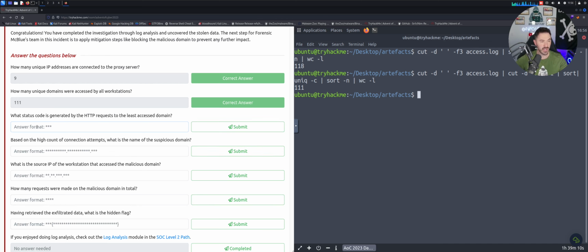let's go ahead and just take all this out. Let me see. So least access domain. So the domain is 3, right? And then the status code is 6. That's why I took a screenshot of that. So let's do comma 6. And then 3, 6. And then let's see. Let's come back up